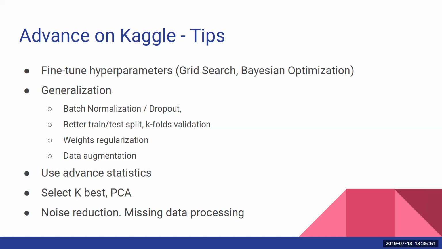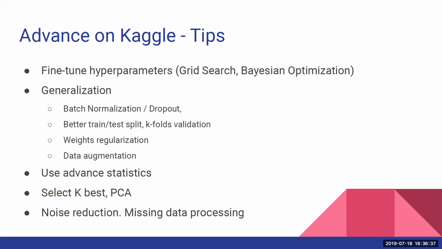Yeah, try advanced statistics, why not? You never know what works. The only thing that comes to my mind, for example, is maybe probability calibration. If you use logistic regression and binary classification, you can play a little bit and it can help sometimes. Those things are not very obvious, but some of them may work, and it's worth trying different approaches. PCA, I wouldn't say it helps all the time, but sometimes it helps a lot when you have a very, very big dataset and it doesn't fit into memory.